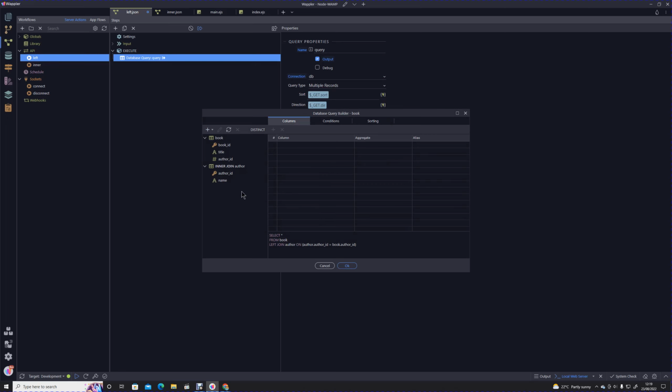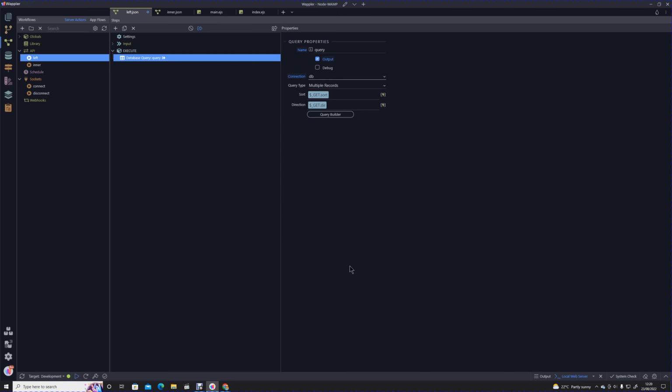If you can imagine, might make it simpler. I know this is top and bottom, but think of this as the left and this is the right. So a left join basically says, give me everything in the left table and all of the link data from the right table. However, if there is no match between the two, still create the record, but insert nulls in the place of the data that is missing. So if we go into book ID, title, author ID and name, save that, say we're on a left join now, and I run that in the browser,